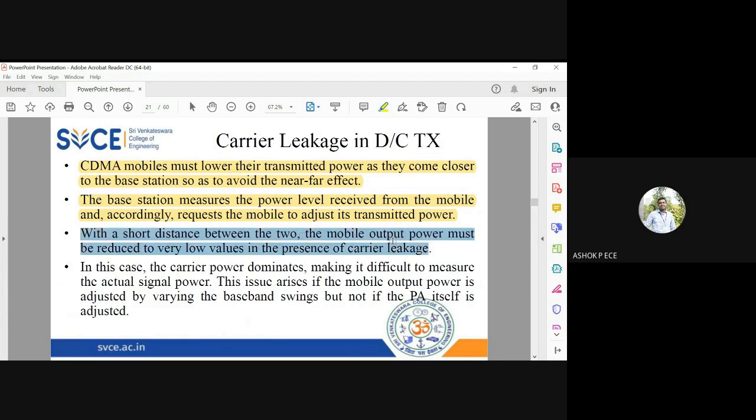When there is a shortest distance, there is going to be carrier leakage. Carrier leakage means the carrier power dominates, making it difficult to measure the actual signal power. So it becomes very difficult, and when the signal power measurement is difficult, the PA cannot work effectively. Because of this near power effect, there is a chance that carrier leakage will happen and the power amplifier will not